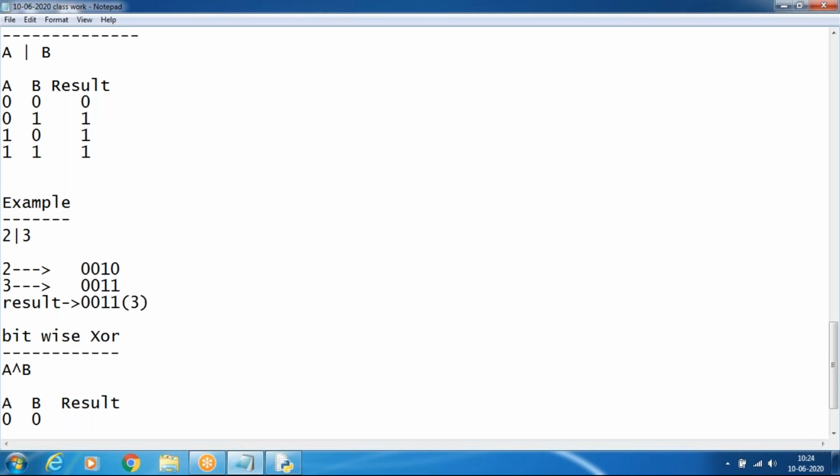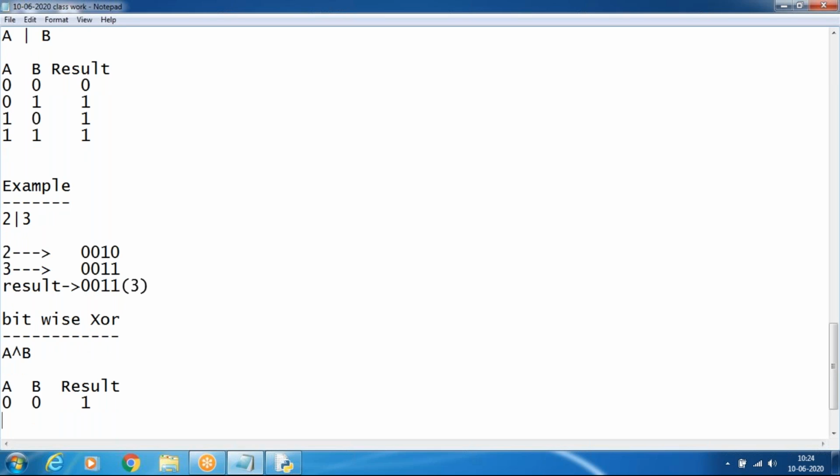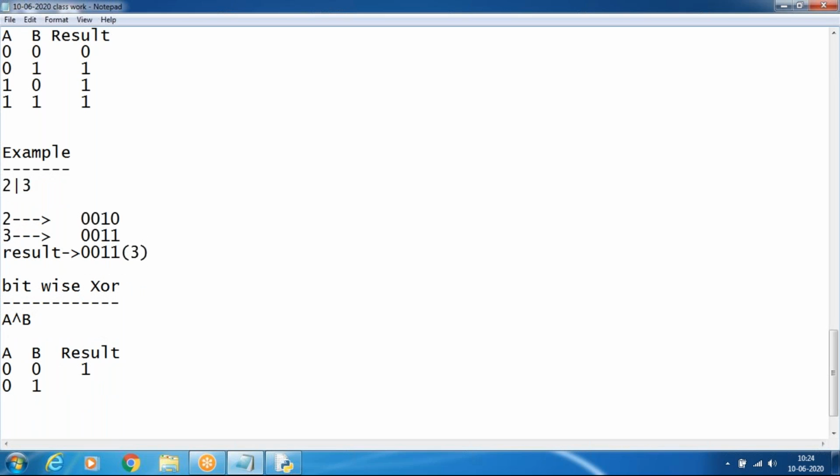If both cases are the same, the result will be 0. If both cases are different, the result will be 1. If both cases are 1, the result will be 0.